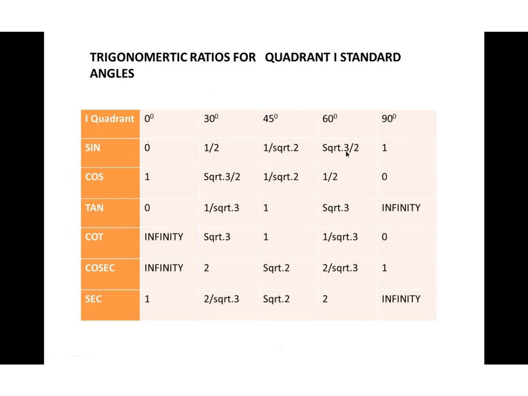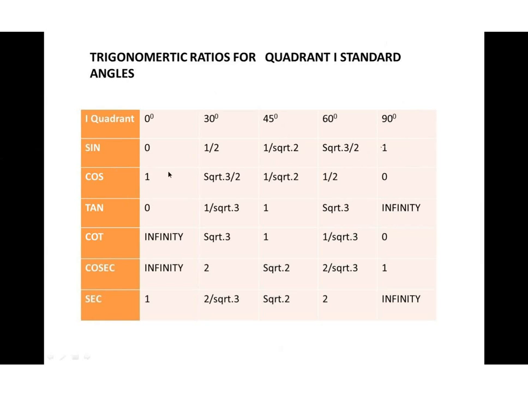So we know from the unit circle sine of angle 0 is 0 and sine of 90 is 1. Okay, also we studied with the help of geometry that sine of 30 is 1 by 2, sine of 45 is 1 by root 2 and sine of angle 60 is square root of 3 by 2, that is root 3 by 2. Okay, now just remember the values for the sine ratio, and now